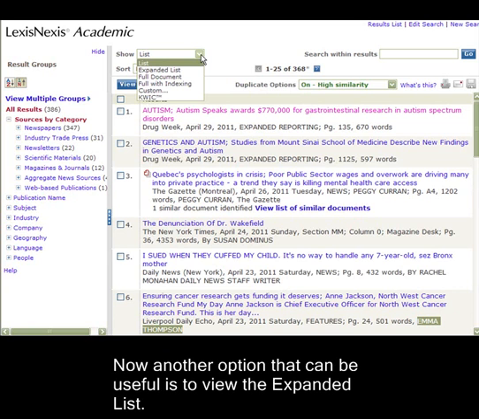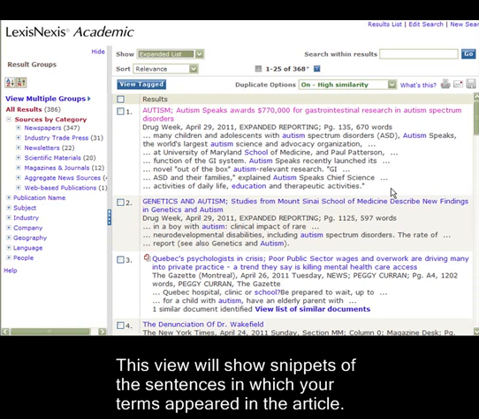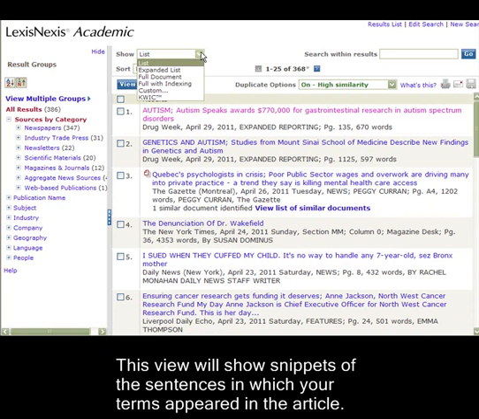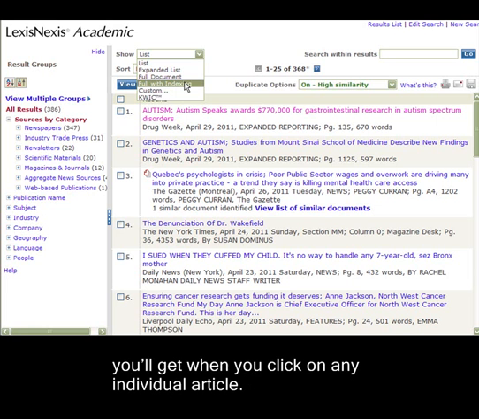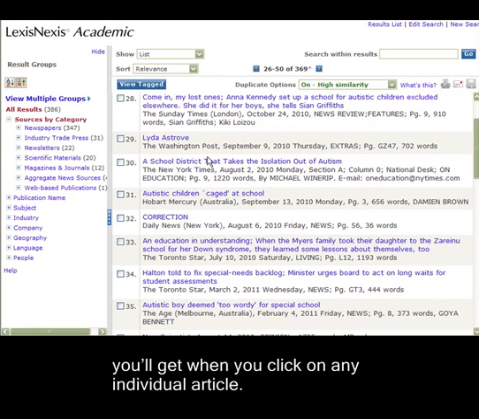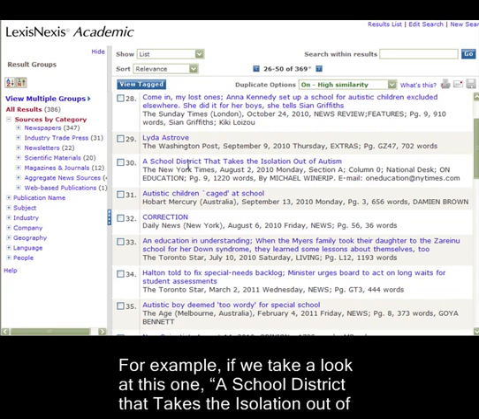Now another option that can be useful is to view the expanded list. This view will show snippets of the sentences in which your terms appeared in the article. If you choose Full with Indexing, that's the same view you'll get when you click on any individual article. For example, if we take a look at this one, a school district that takes the isolation out of autism,